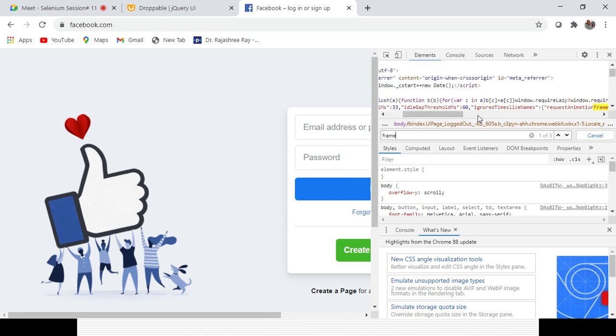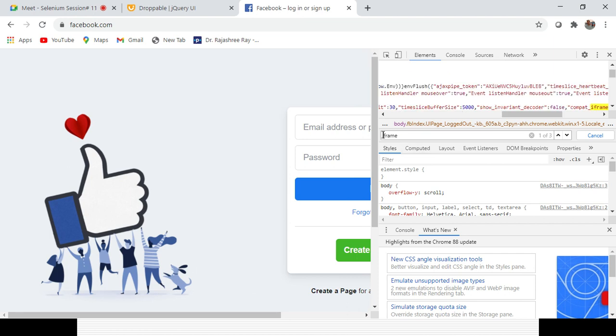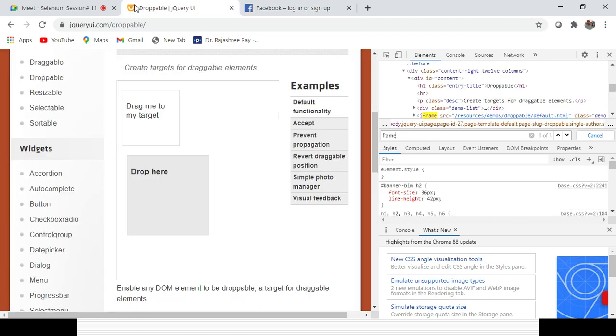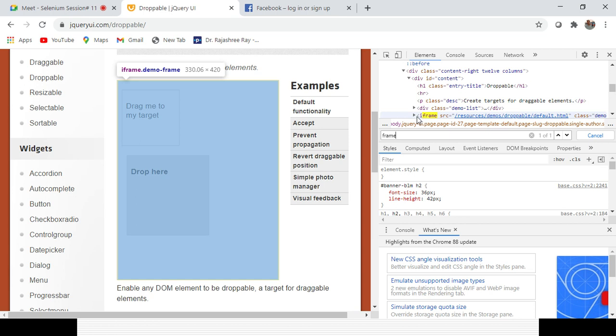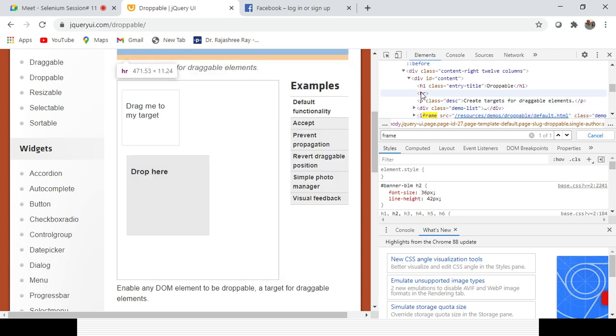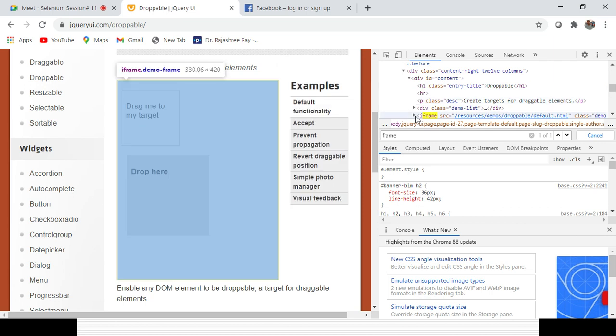The word frame can be there, but you need to identify the iframe tag. If that tag is not available, there is no frame. So that tag you need to remember. Here you can see it is a tag, because it is starting, right? div is a tag, h1 is a tag, similarly iframe is a tag. If you expand it, you can see it is coming.